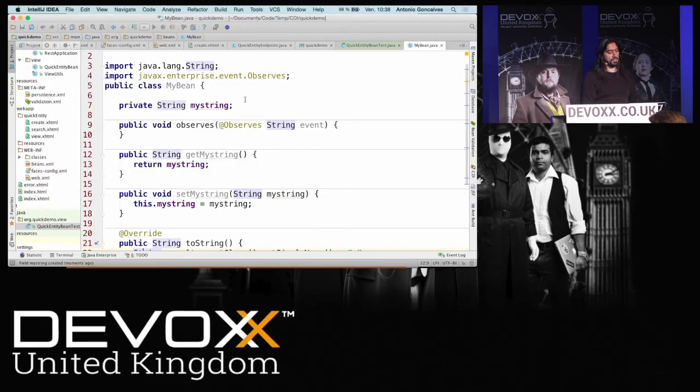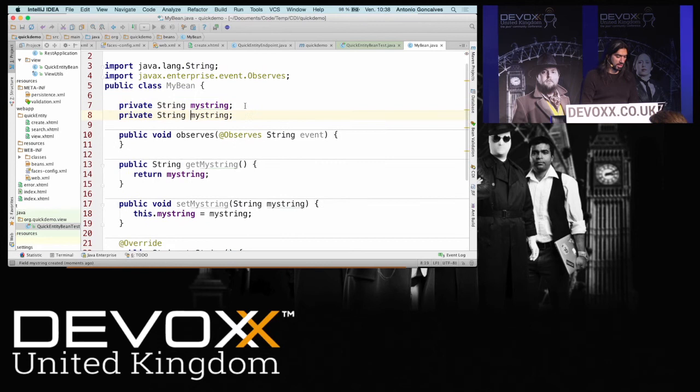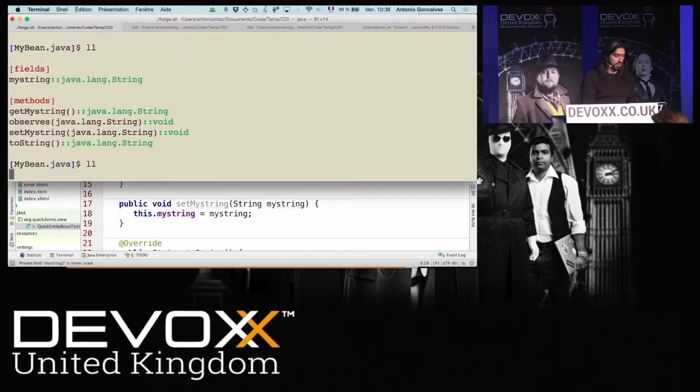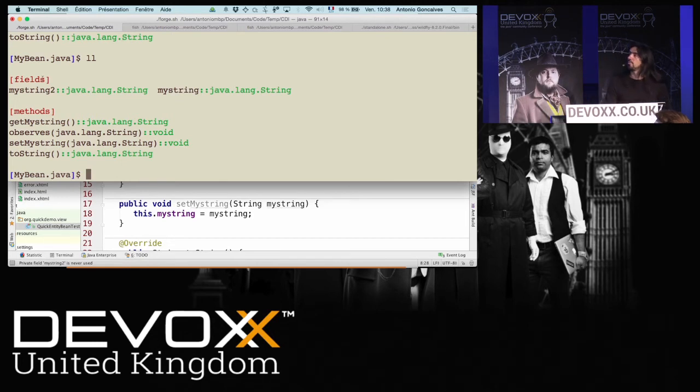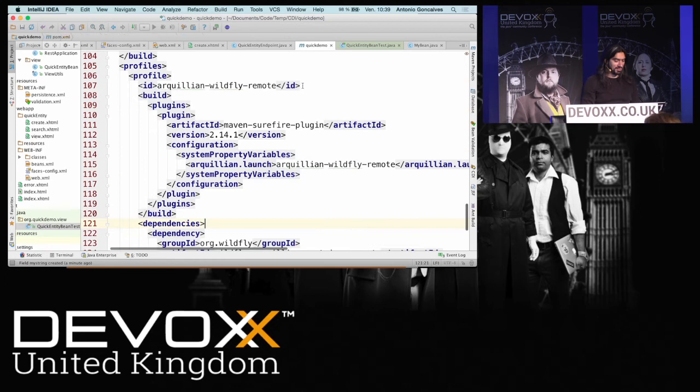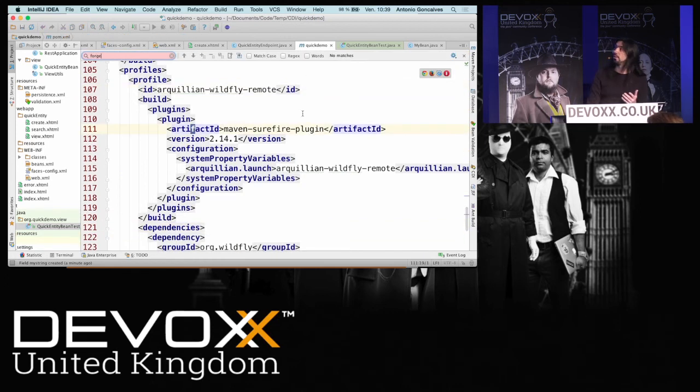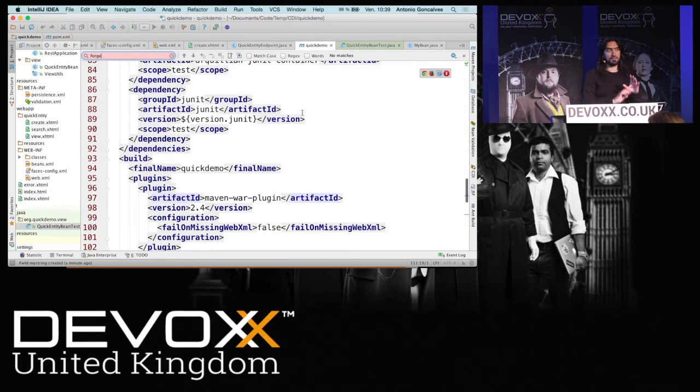And just to show you that it's really true, I'm not hooked with Forge at all, I can create a toString too. And when I do LL, JBoss Forge introspects the code. So that's why if you look at the pom.xml, there's nothing about Forge here. Okay, there's no Forge dependency at all. When I type a command, Forge introspects the code and does something.